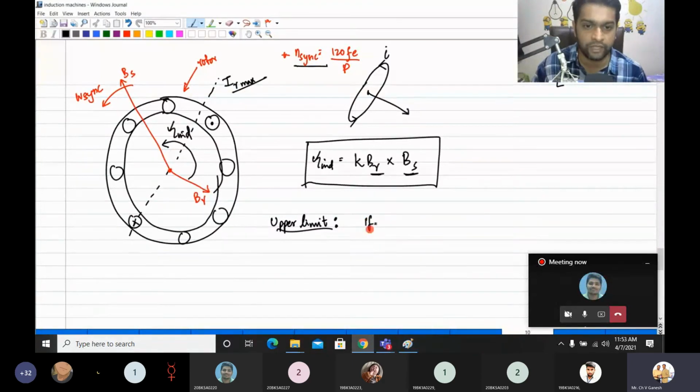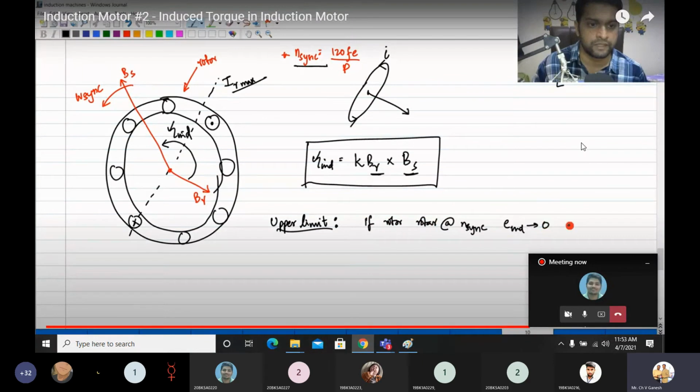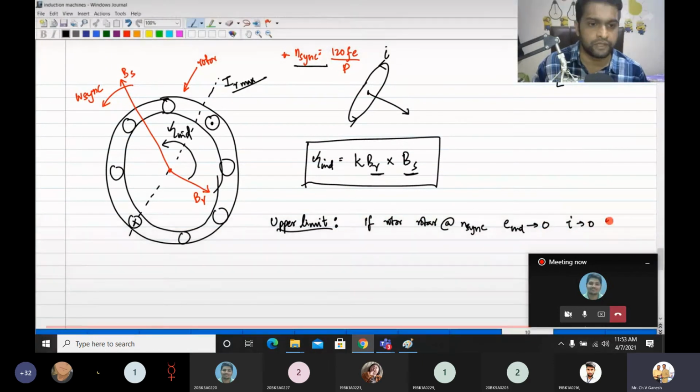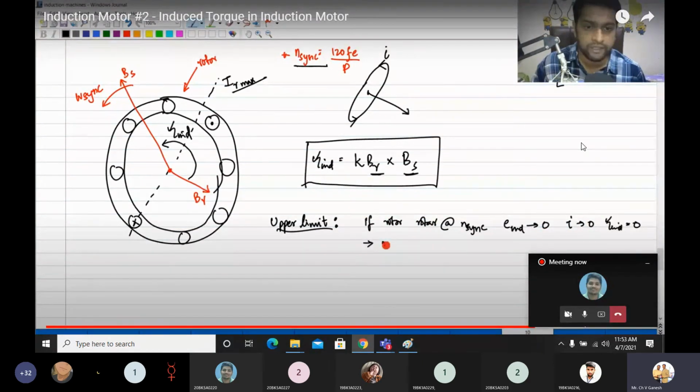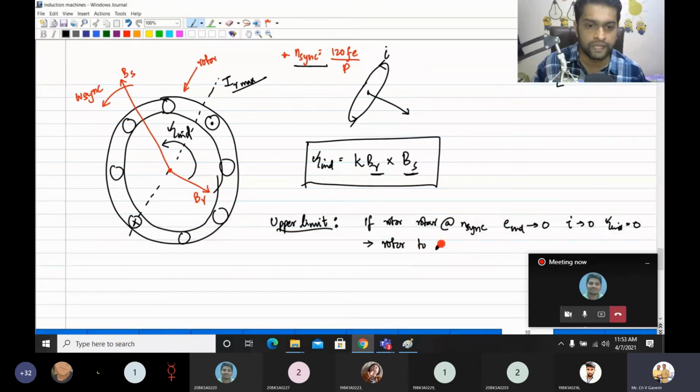So we'll just write, if the rotor rotates at zero speed, that means the current will be zero. This causes the rotor to decelerate, and once it starts to decelerate, there will be a relative velocity because the speeds are not the same. Then EMF will be induced, then the current will be induced, then the torque will be induced. So it is almost like a running race here.